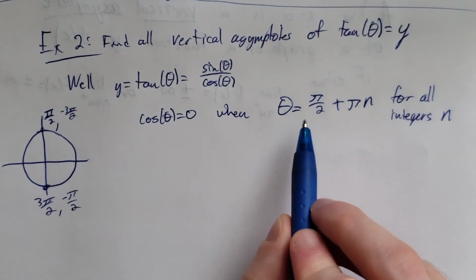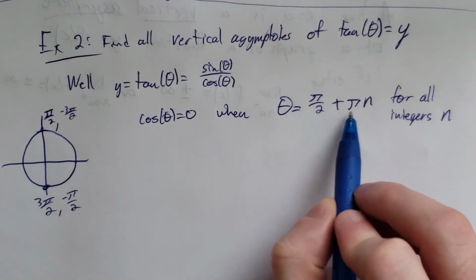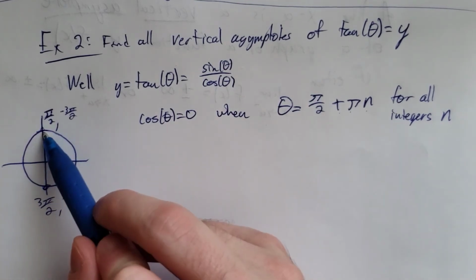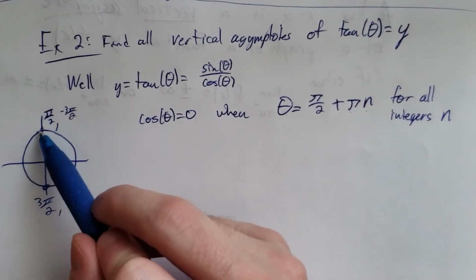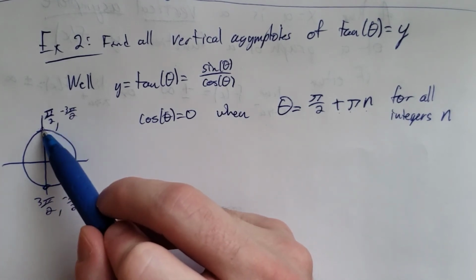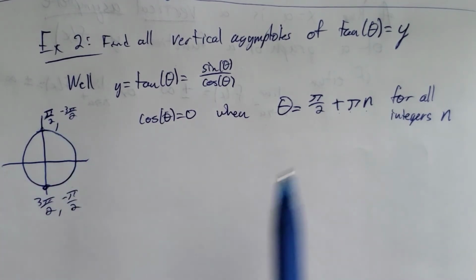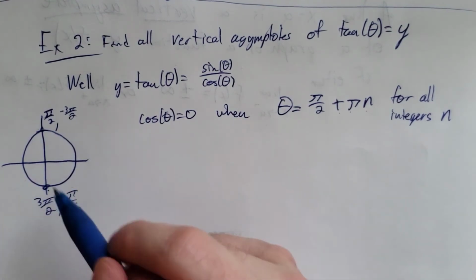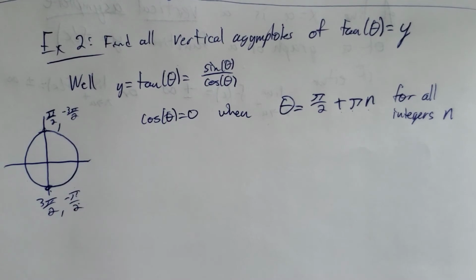So another way to write that is just pi over 2 plus pi n for any integers n, right? We could add 1, n equals 1 here means 1 pi, so we get up to 3 pi over 2. If n is 2, we go up here to 5 pi over 2. If n is negative 1, we go back this way and we get to negative pi over 2. Negative 2 gives us negative 3 pi over 2, and so on. Okay, so now we need to determine